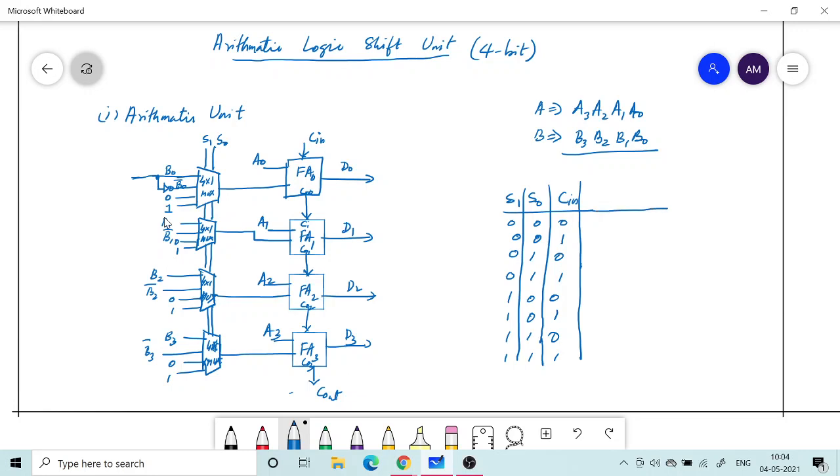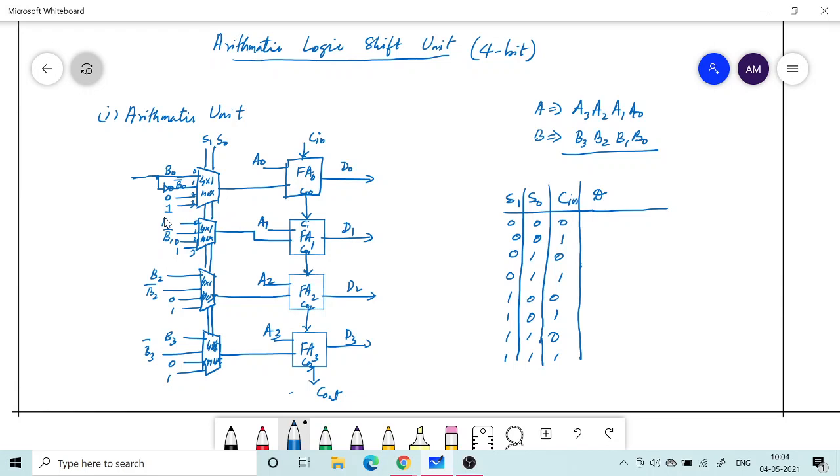Now we are going to see what is going to be my D. Okay, so D is what we are interested in. So first of all, when all these are zeros, what is going to happen? So let me say that these are inputs 0, 1, 2, 3, I0, I1, I2, I3, like that, for the multiplexer in every case. So when the selection is 0, 0, what is coming out of the multiplexer is basically B0, B1, B2, B3.